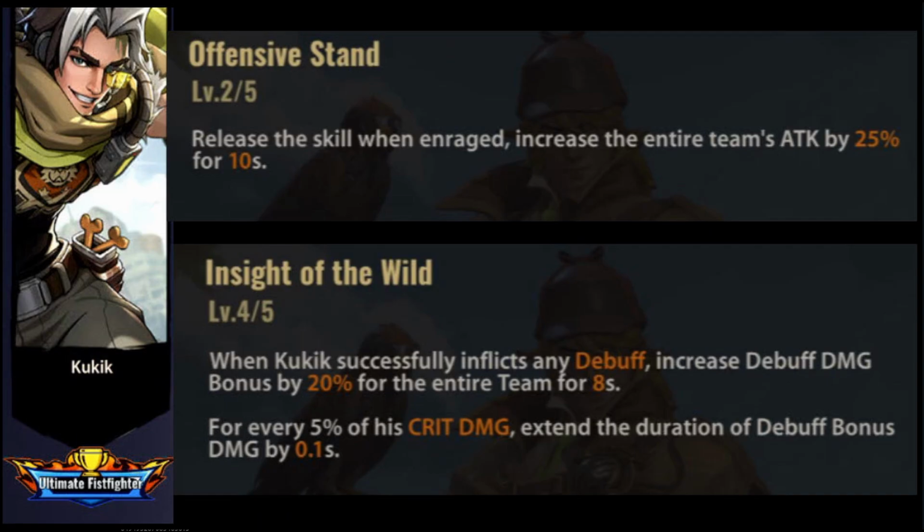Next is Kukik, and you obviously know why he's needed. Offensive stand will increase the team's attack by 25%. Just make sure that when you use Kukik's skill, the gauge below his HP must be red. That will activate the buff afterwards. Then Insight of the Wild will give the team 20% debuff damage once Kukik has inflicted any debuff to the